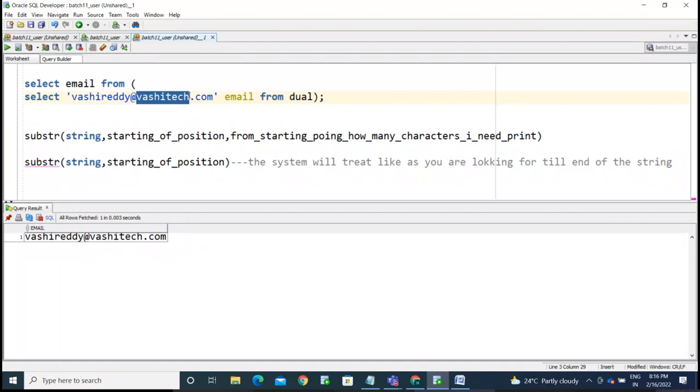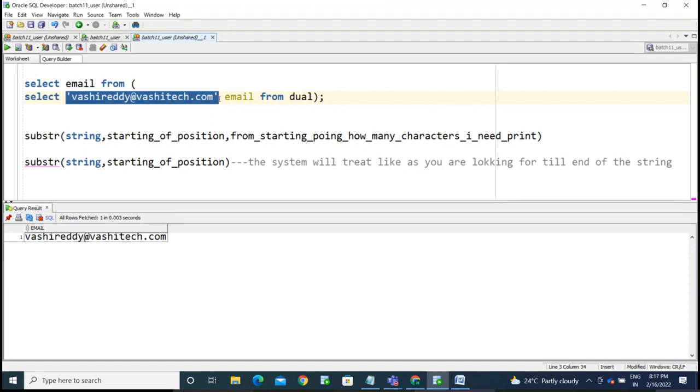Now the client has provided the employee email IDs. The client is asking to separate the employee name and domain name from the email ID, in total 3 columns. So based on the email ID, you need to bifurcate it into 2 parts, employee name and domain name. That is the requirement. So in these situations,